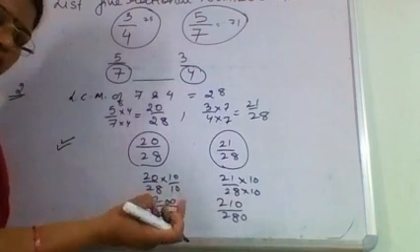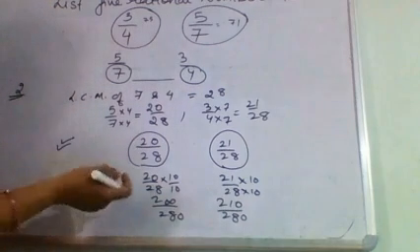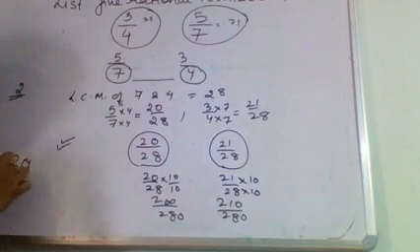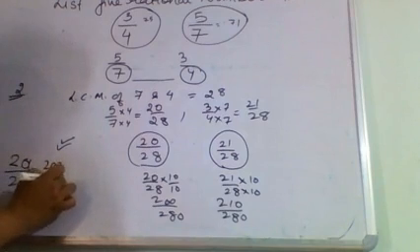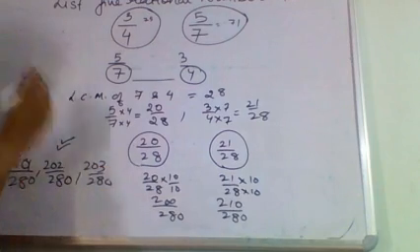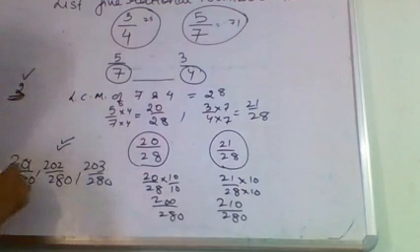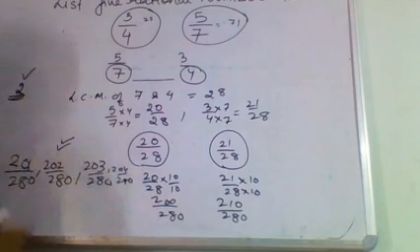Which numbers? 201, 202. Some students make this mistake, they will write just 201. No, student, not 201 only, you have to write 201 by 280, 202 by 280, 203 by 280. If the question asks for 2 numbers, just write 2. If the question asks for 3, write 3. If the question asks for 4, 204, and so on. However many numbers you have to find, you can write.